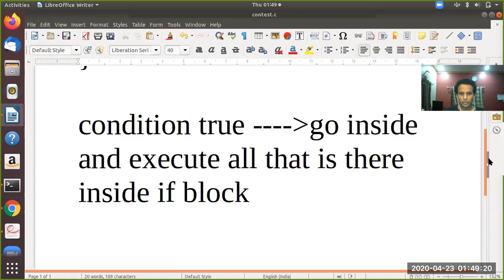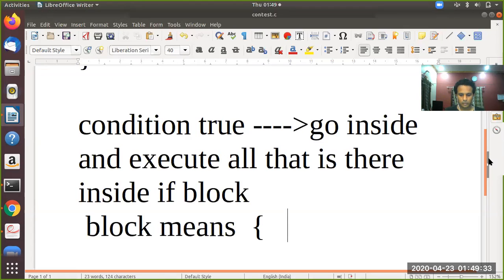Again here, block means, look at this, an opening brace and a closing brace. Within that there should be something, and that something is nothing but C code only.